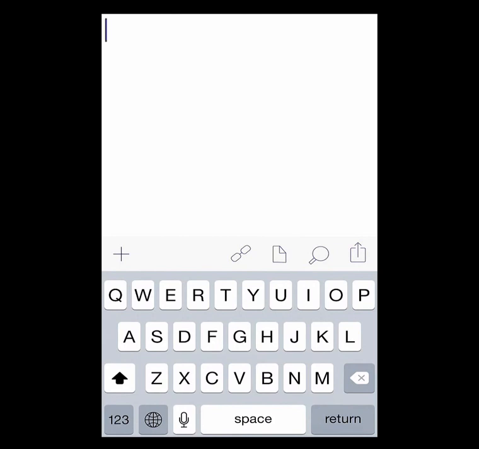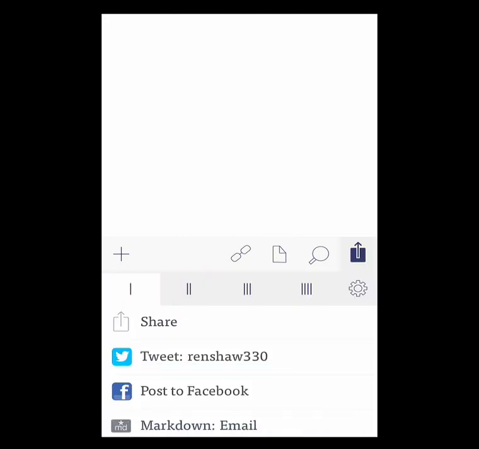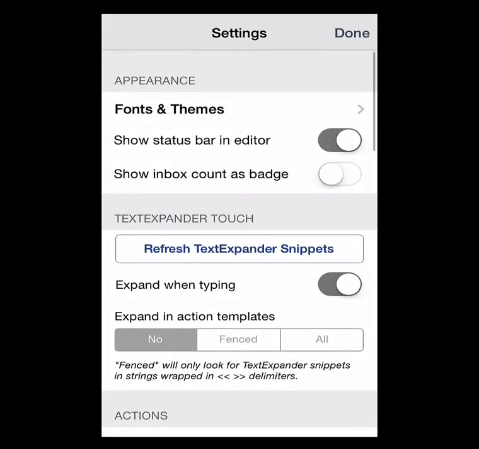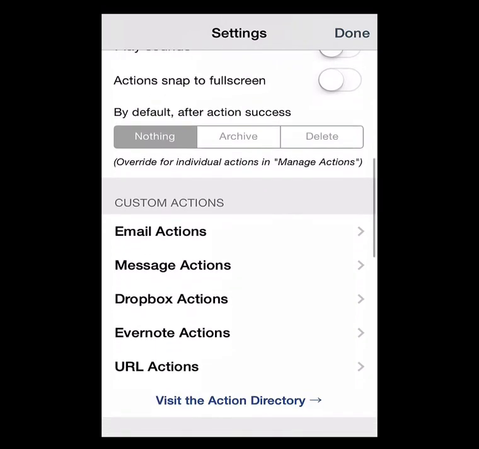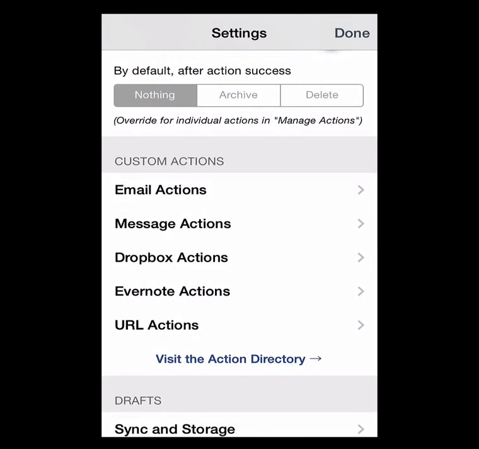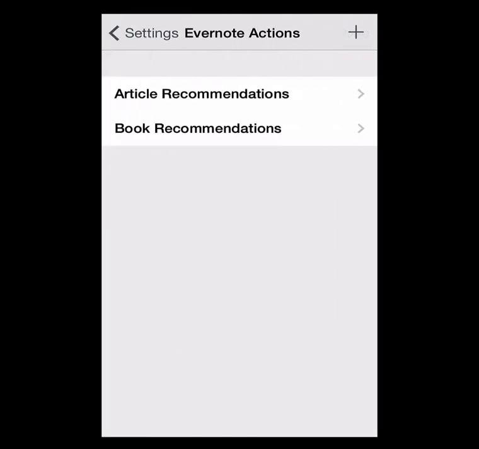And if you click the share button on the far right, you'll see the little gear icon on the far right. Click that, and this is where we can create our actions. So if you scroll down, you see that there are a variety of custom actions, and we want to use one of the Evernote actions. So from here, click the plus sign in the top right,